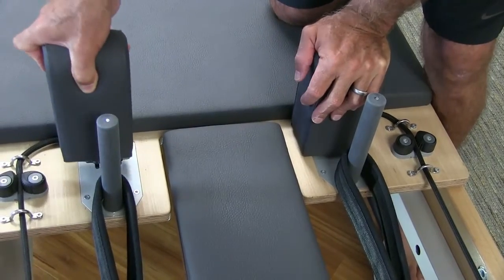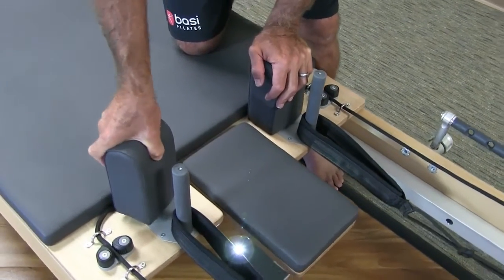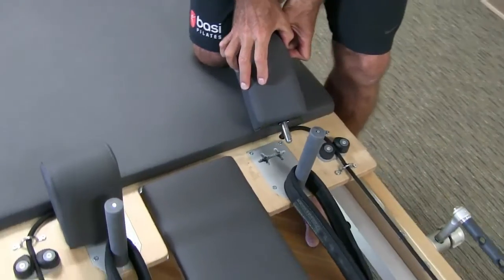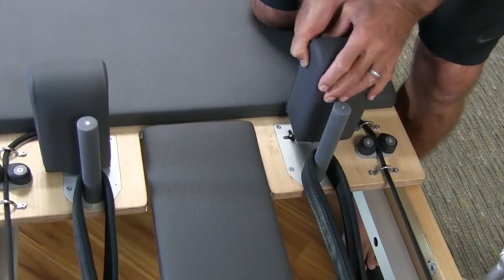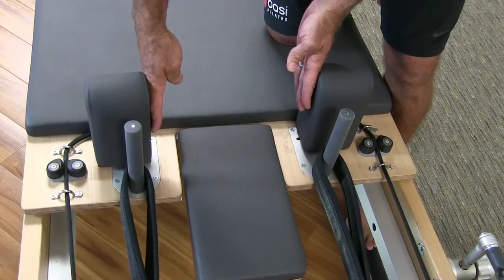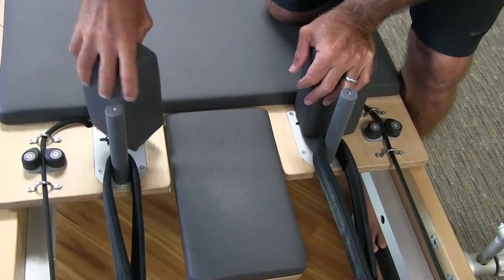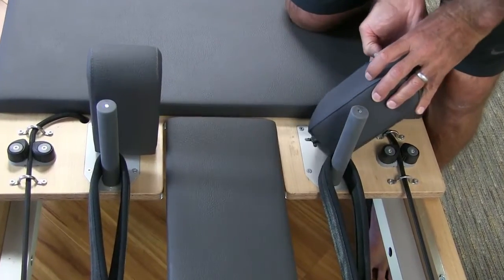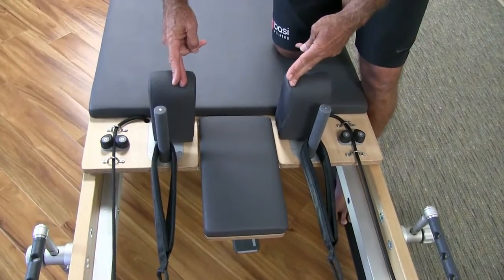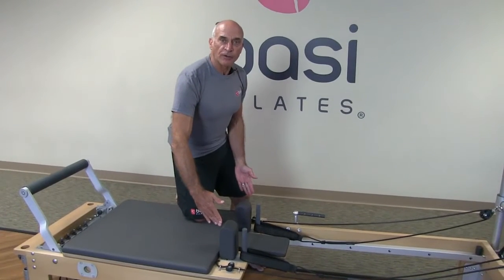We can then take it one hole out. That is going to be for a broader shouldered man. But if we've got a very broad shouldered man, we can rotate it 90 degrees, and now the distance is very big. We've got that setting now. Those two are the same, and you can see how broad that setting is. So going from that setting there to the narrowest setting, which is going to be that setting there, you can see that is a very, very big difference. This is going to be for probably a young female, very slight build, and the other for a very broad-shouldered